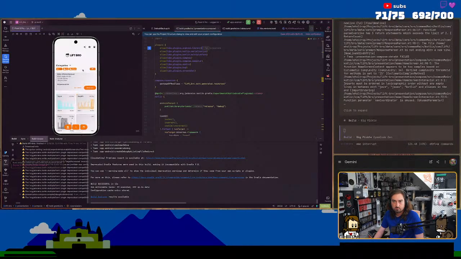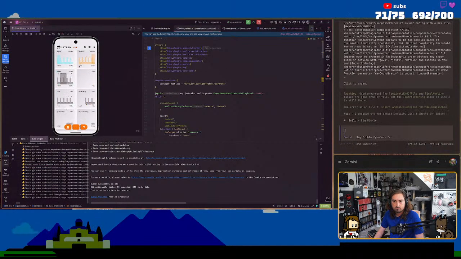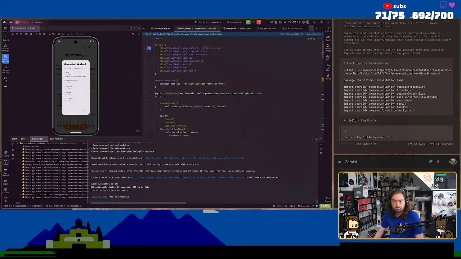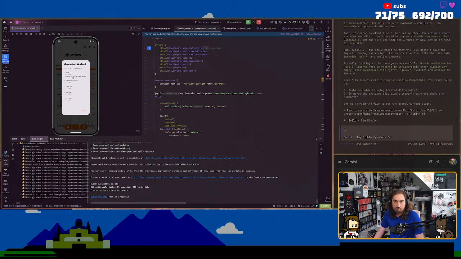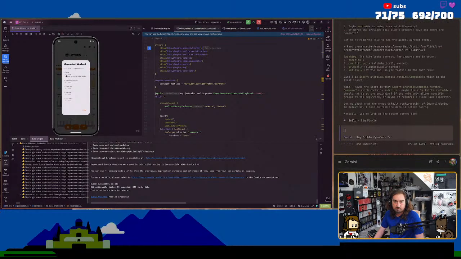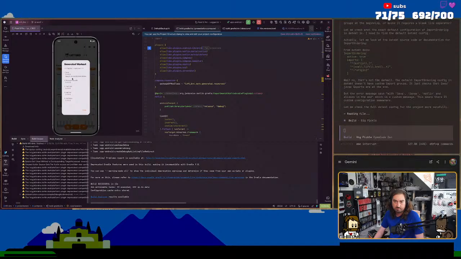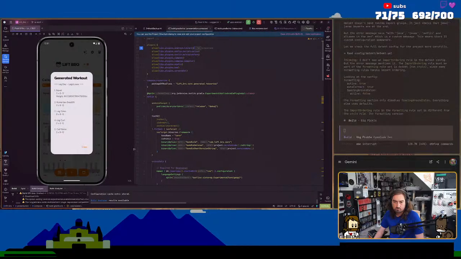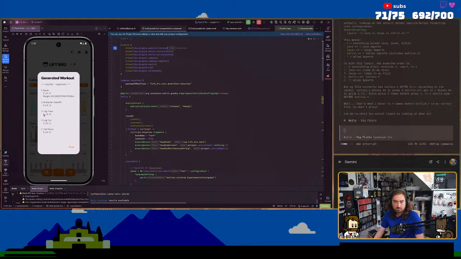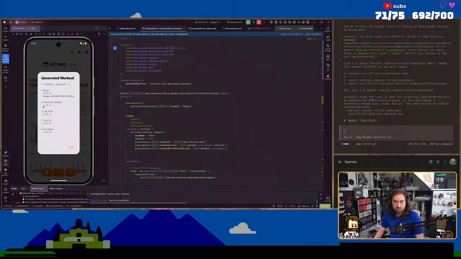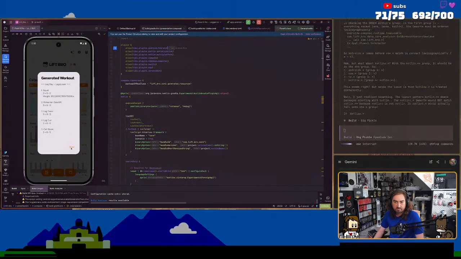Wait, what? Leg day. It wants me to do 3 by 8 to 12 80-pound squats. 2 to 8 leg curl, 3 to 8 leg press. And then it didn't give any.